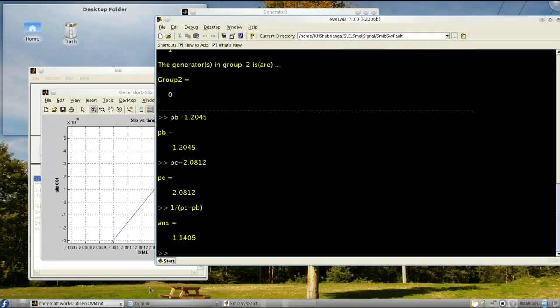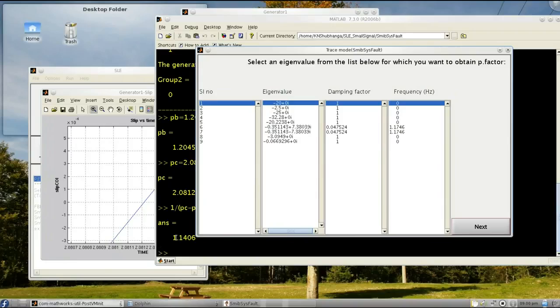So the frequency is 1.14 hertz, and in eigenvalue analysis again it is 1.17 hertz, which is more or less the same.